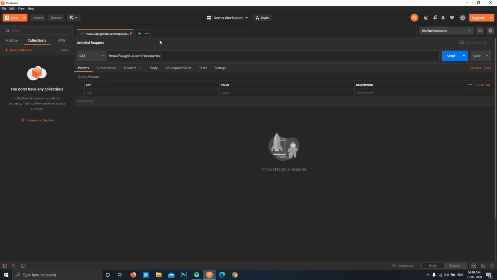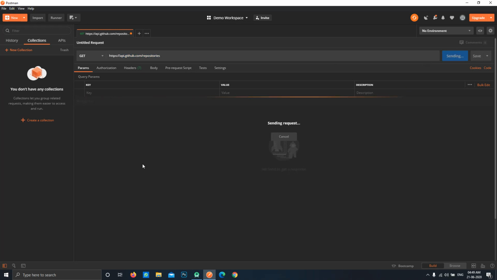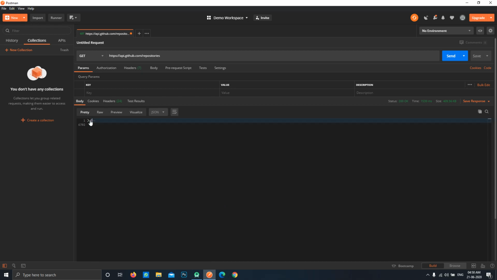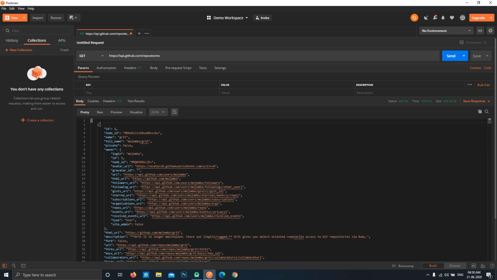This is the Postman client for API testing. So here you can see that this is the public API of GitHub for listing some of the top repositories, or a random repository, I don't know. So you can just hit it. This is a basic get request without any parameters or headers. So you will simply get a list, basically a JSON array with multiple objects of repositories.